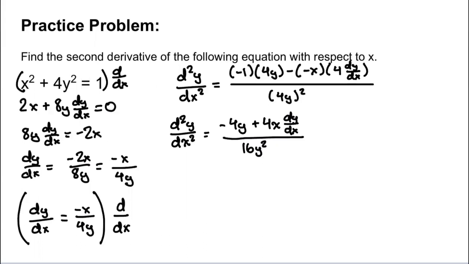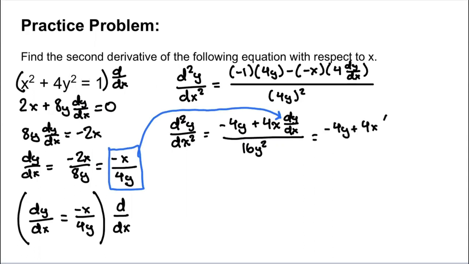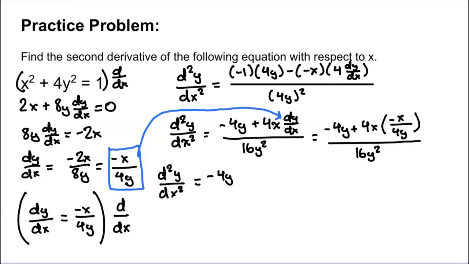We have this dy dx term here, and we don't want to leave it like that when we're expressing our second derivative. So we've already established that dy dx is equal to this term right here. So what we're going to do, we're just going to plop it right there for our dy dx. We're going to direct substitute. This is going to be equal to negative 4y plus 4x times negative x over 4y all over 16y squared. So just simplifying that down, we have negative 4y plus, or rather minus, sorry, there's a negative in there,